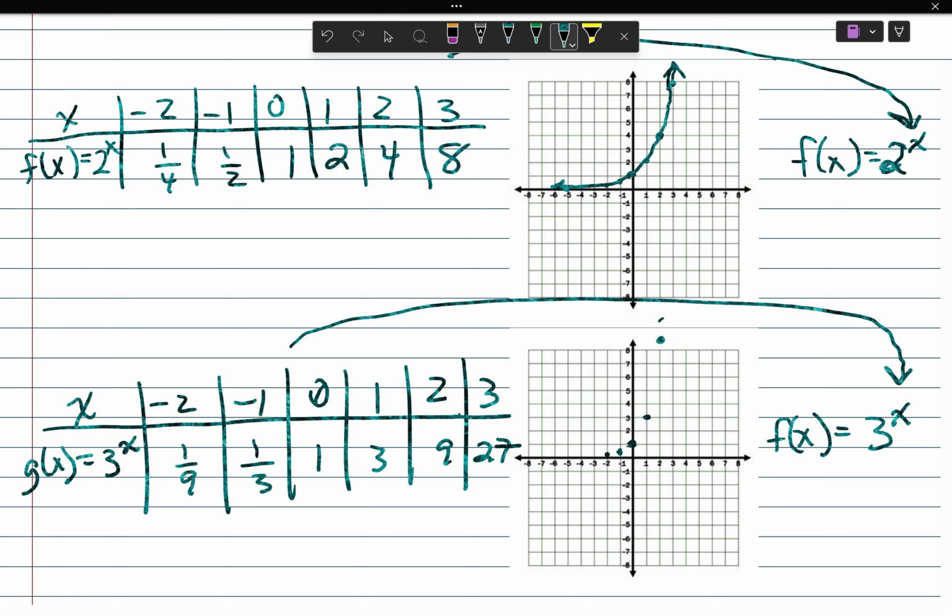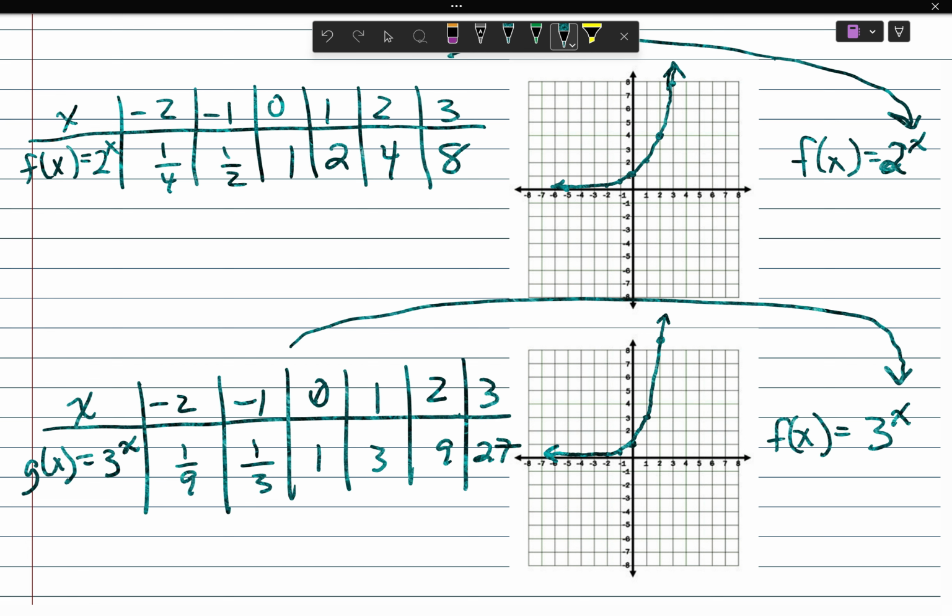All right, so I'm just going to connect the dots now. And as you see, after drawing a smooth curve through the points that we have indicated from the table, as x increases, 3 to the x increases. As x decreases, 3 to the x gets closer and closer to 0 again, but does not reach 0, doesn't touch 0. So the graph that is shown here approaches but does not quite touch the x-axis, just like the